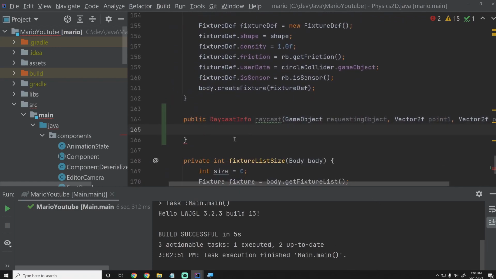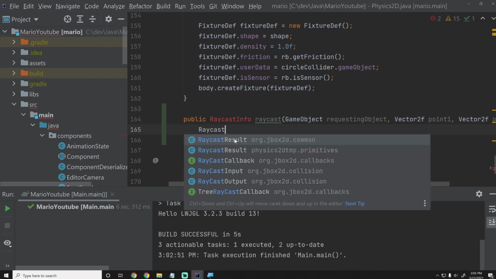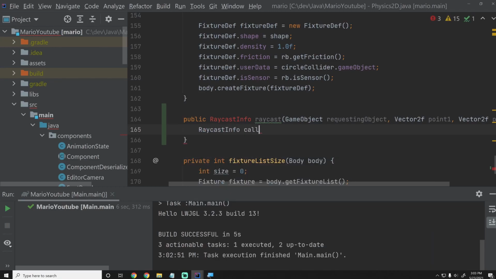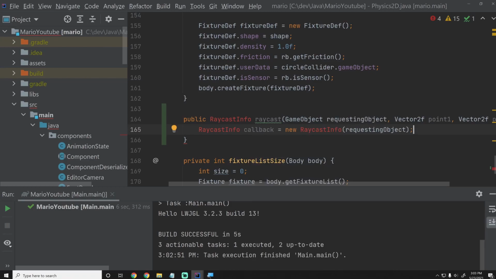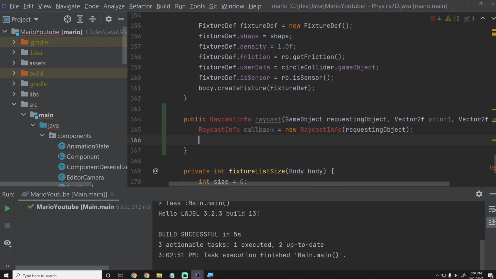Then what we can do is we can say raycast info callback equals a new raycast info requesting object. And you'll see why I called this a callback in just a second. The way Box2D implements this is kind of weird. I guess this is probably the easiest way he could have done it, but it was confusing to me at first. What ends up happening is we say world.raycast. And you can see this takes in a callback, and we have to make a function that Box2D will call once it finds the results. And we set it to our callback, and then we give it point1 and point2,